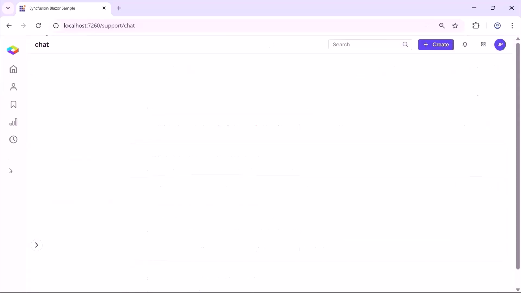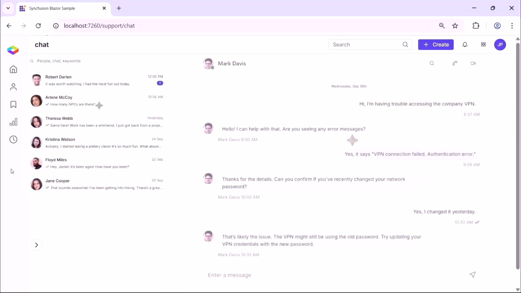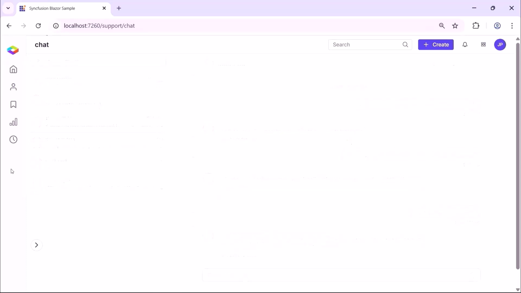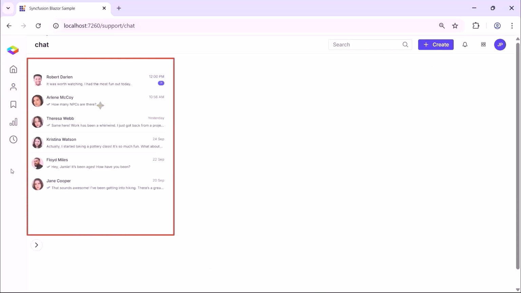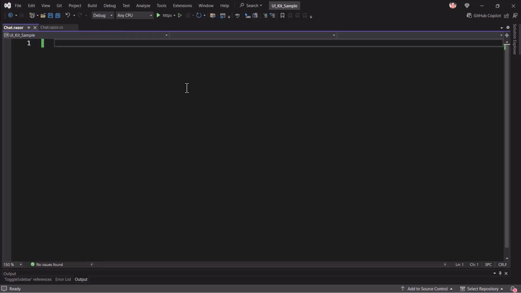Next, I am going to assemble the chat page. The chat page consists of two main elements, a chat list and a chat conversation section. To create this page, I first add a list view to display the contact list. For this, I have already created a Razor page named Chat, and here let me render a list view displaying